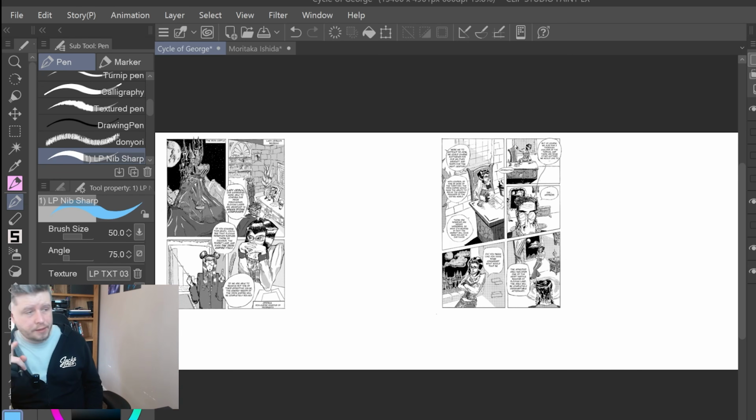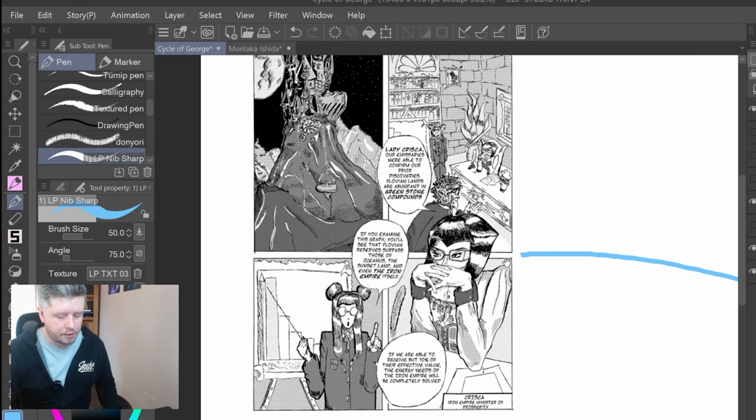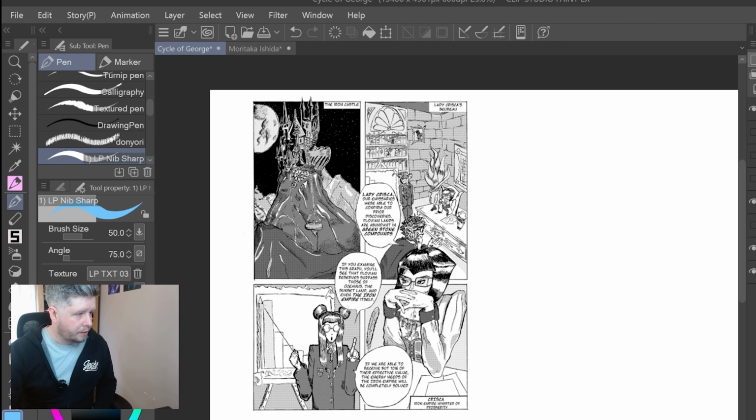What I'm going to do is go through both of these pages and point out where I feel the lack of breathing room is impacting the storytelling, and then I'll show you changes. I'm not suggesting that you make these changes on these particular pages. Again, it's just about taking in the principles and applying them to future pages. So here we go, chapter 2, page 1. The first issue that I see,